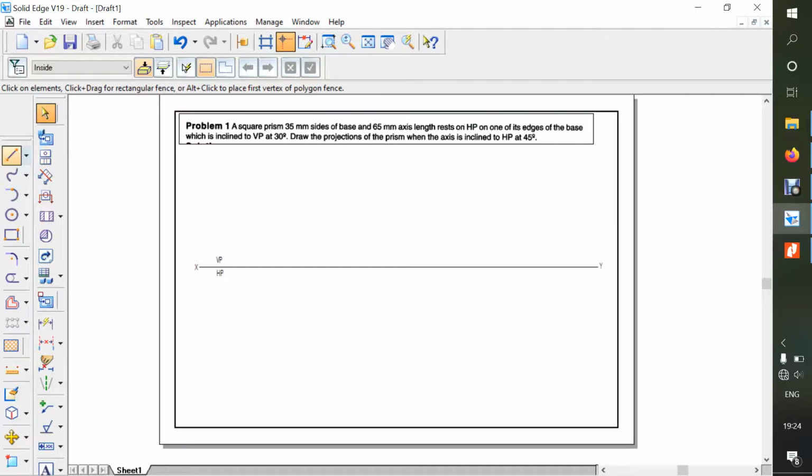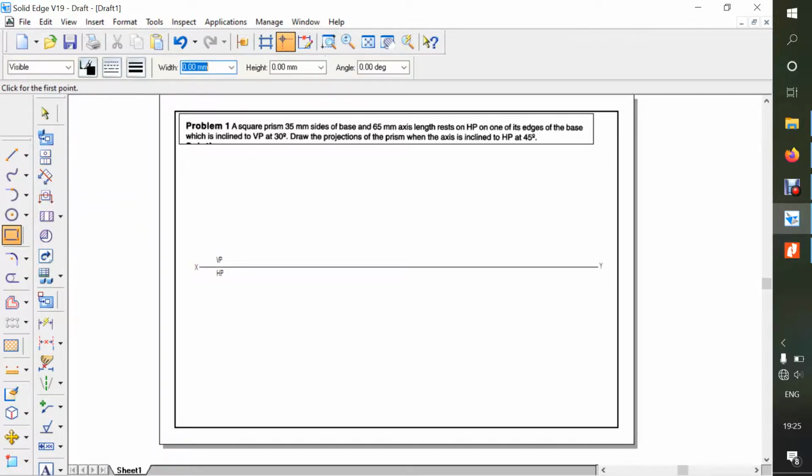So here we need to note down three steps. One is the first position, where and on what it is resting, that is on HP, and whether it is resting on an edge or a corner. So here he says it is resting on the edge. So here we go with the rectangle command. If you click on that one, here it will get highlighted with the width.